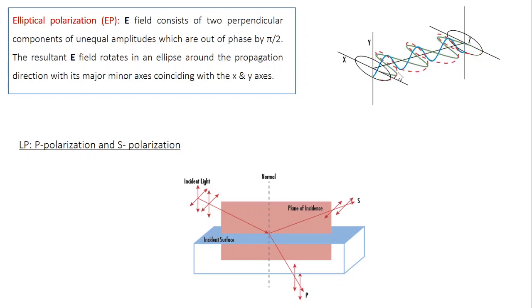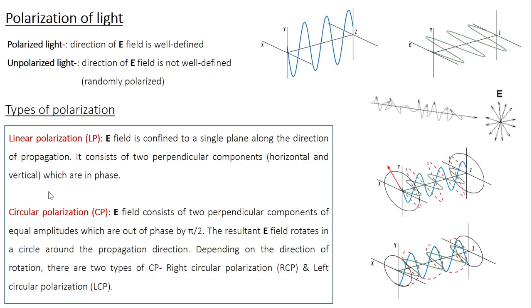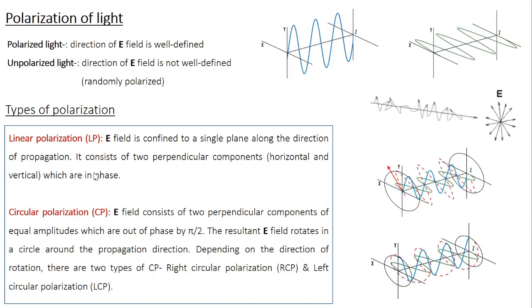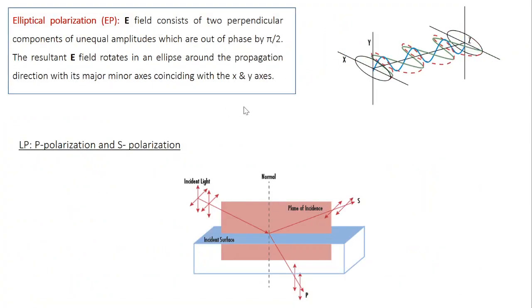That's the only difference. What's the problem if the phase difference is 0? You can answer that from the definition of linearly polarized light. Right? In linearly polarized light, both the components are in phase. In other words, the phase difference is 0. So if the phase difference between the two components in an elliptically polarized light is 0, it simply gets converted into a linearly polarized light. Similarly, in the case of circular polarization also, if the phase difference is 0, it becomes a linearly polarized light.